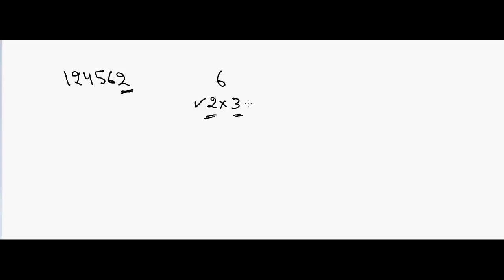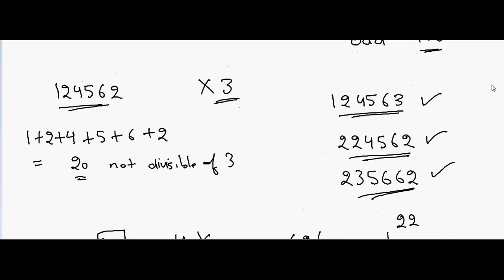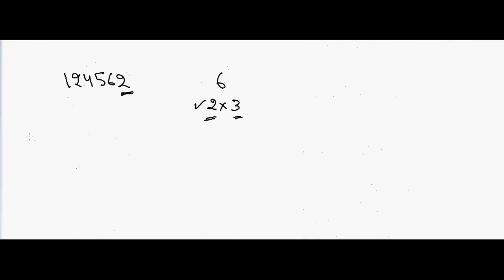But we did the test before and we found that the sum, if I go back here, the sum was 20. So 1 plus 2 plus 4 plus 5 plus 6 plus 2 was 20, and 20 is not divisible by 3. So this number should not be evenly divided